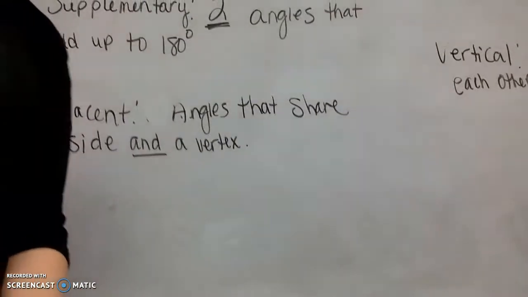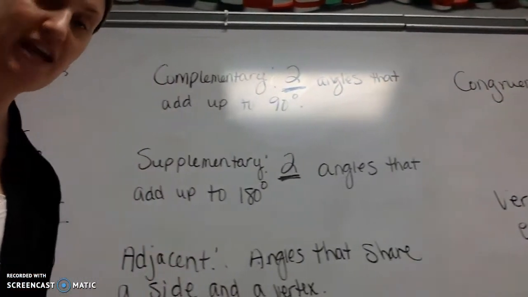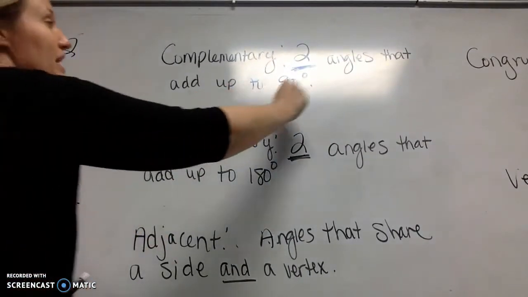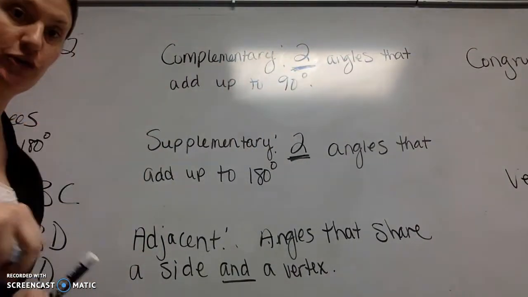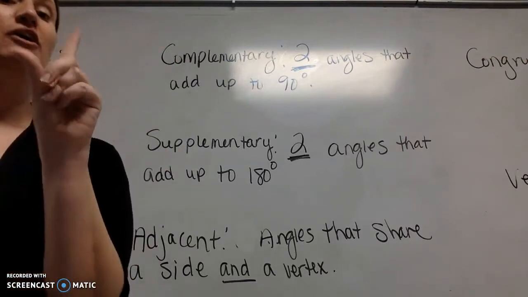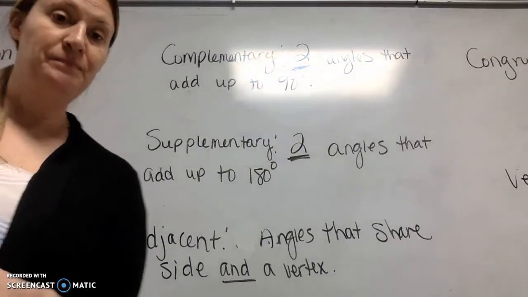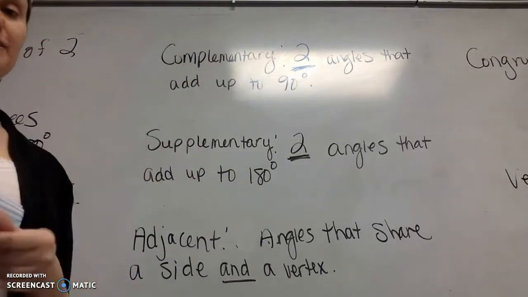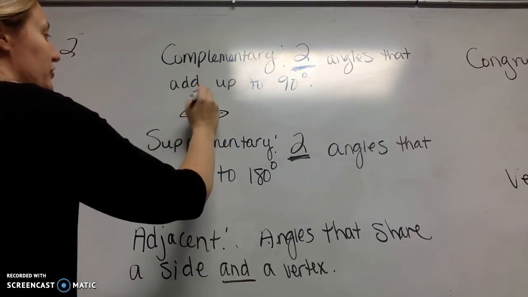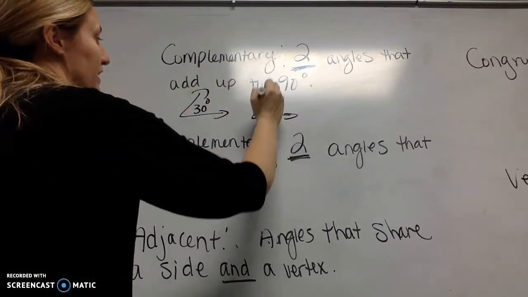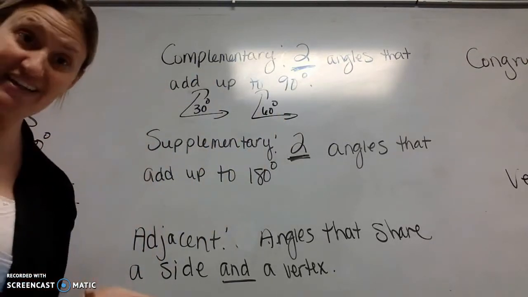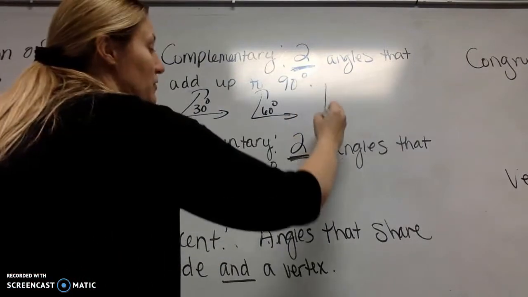The first one is complementary angles. Complementary angles are 2 angles that will add up to 90 degrees, and I emphasize the 2. It is not 3 angles, it's not 4 angles, and it's not 1 angle. One 90-degree angle is a right angle. This is 2 angles that would add up to 90 degrees. So for example, if I had a 30-degree angle and a 60-degree angle, those are complementary because 30 plus 60 is 90. I might also have,